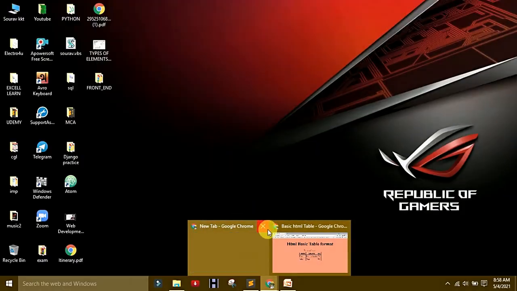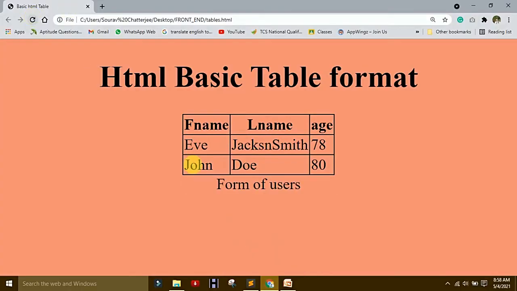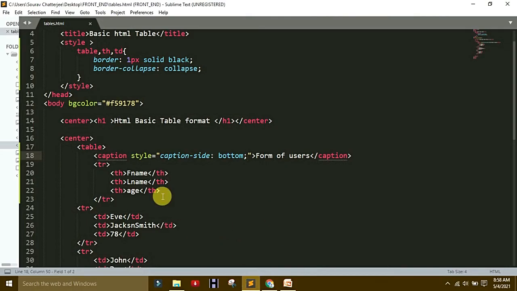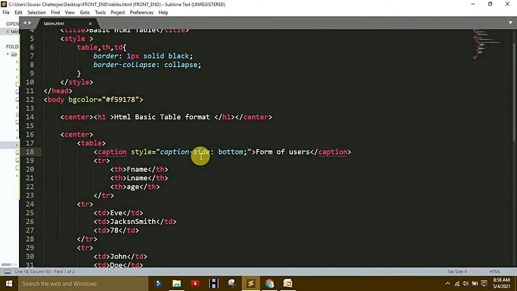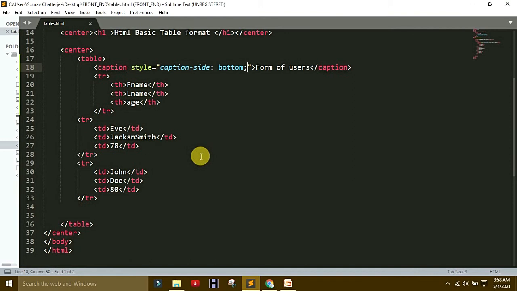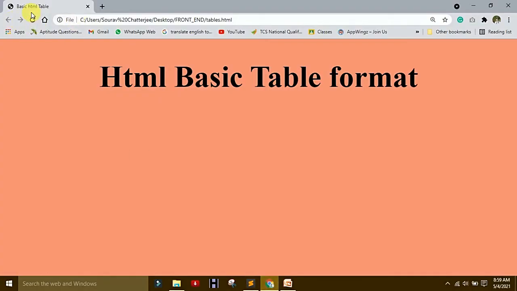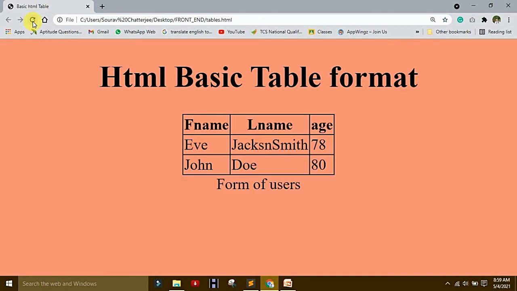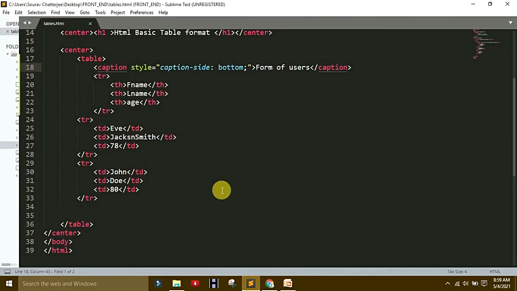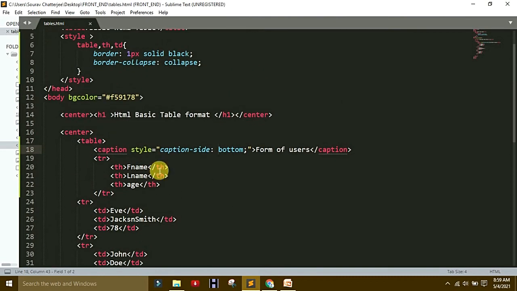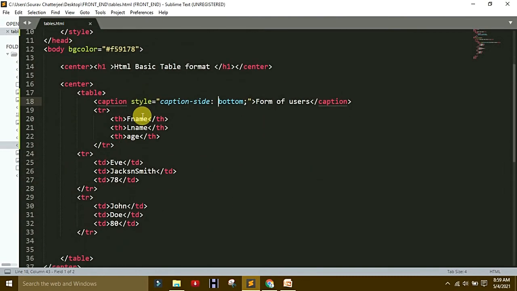Other changes now. You saw the changes. Form of user is under the table. Okay, so that is the use of caption. Caption is used for heading, and you can use it for the table: bottom, left side, right side. Till now I explained that bottom works so that the caption is under the table. Okay, so this is the same case of bottom for caption. So I think you understand what is caption, how to use caption, how to change the styles, caption side or